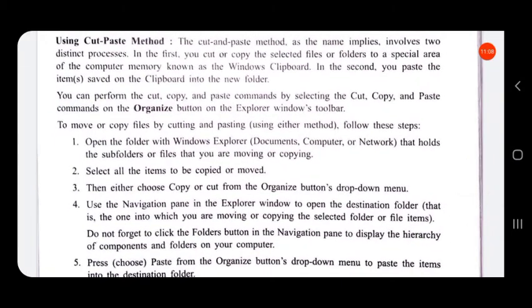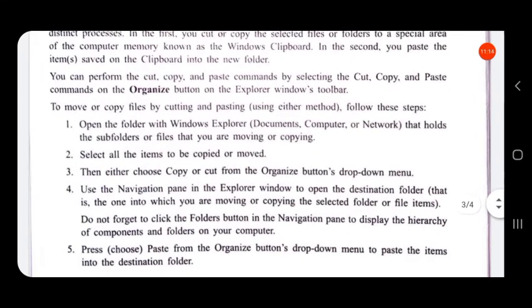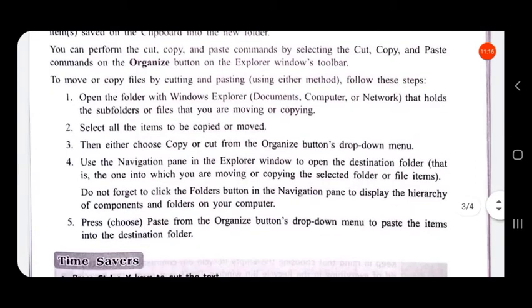In the second, you paste the items saved on the clipboard into the new folder. You can perform the cut, copy and paste commands by selecting cut, copy and paste from the Organize button on the Windows Explorer toolbar.